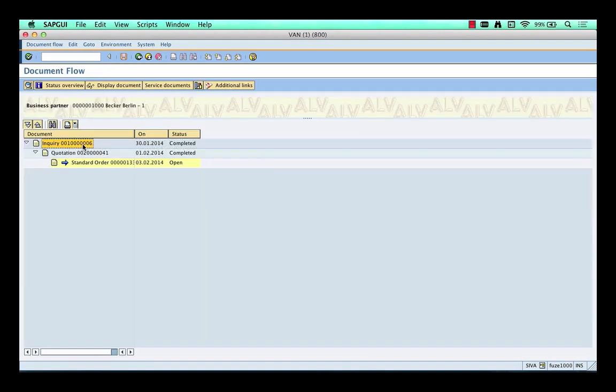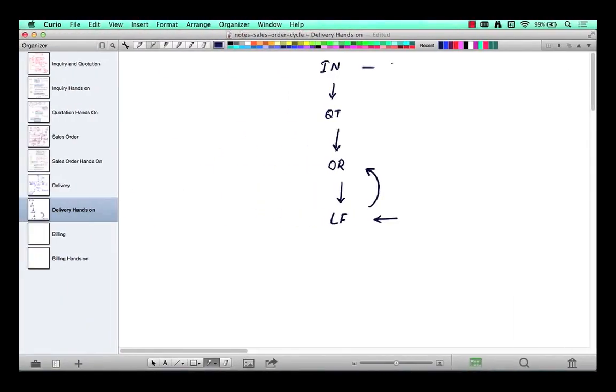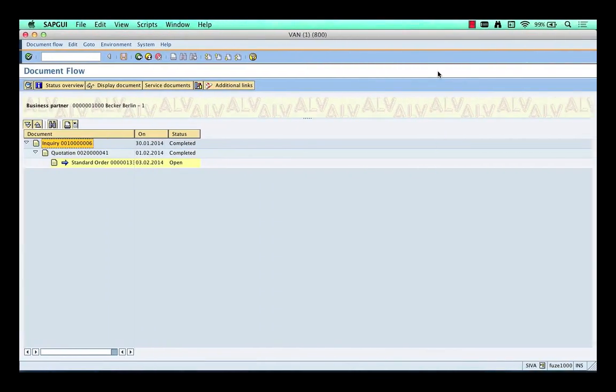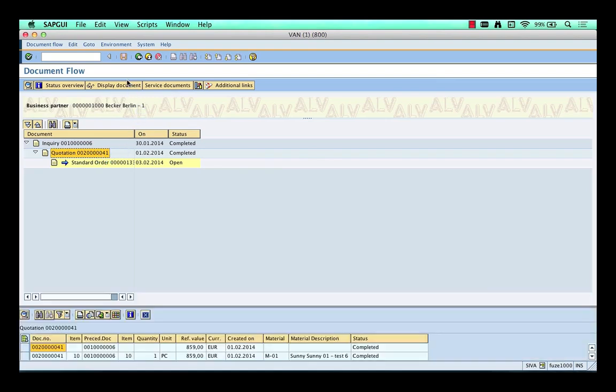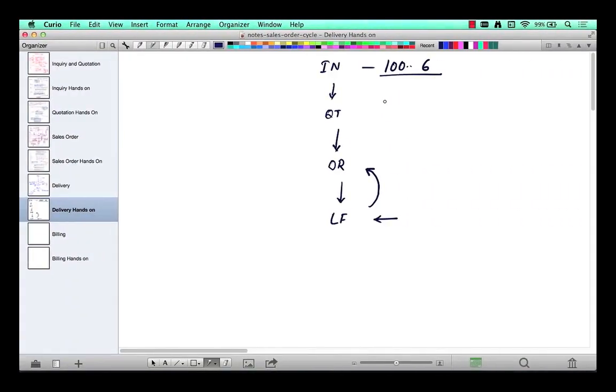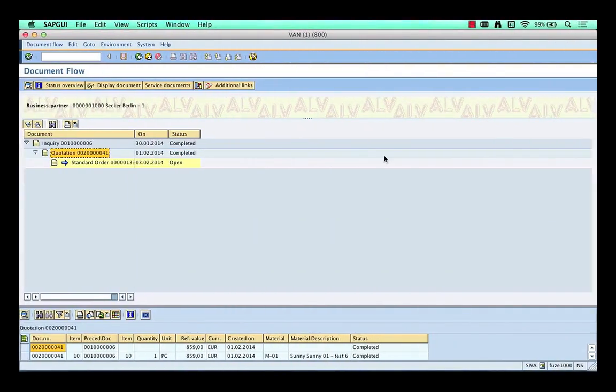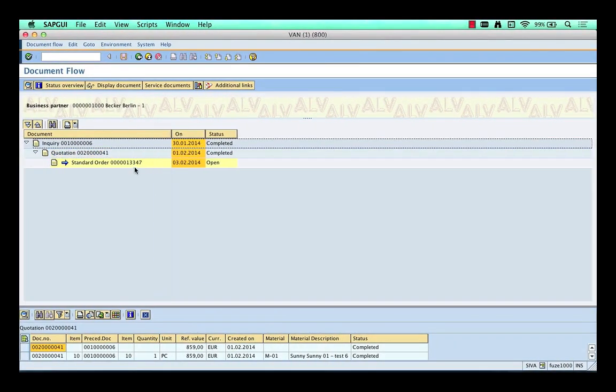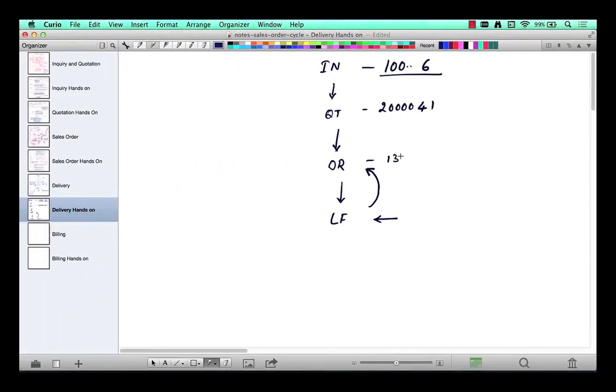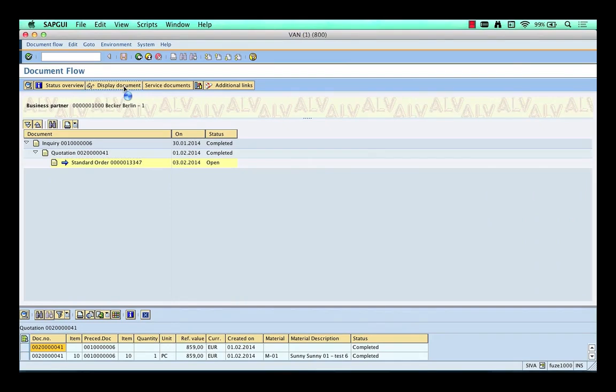So this is our inquiry 10006, and our quotation number is 200041, and our order number is 13347. That's our flow. Now we want to create a delivery, so let's go ahead, open that order,